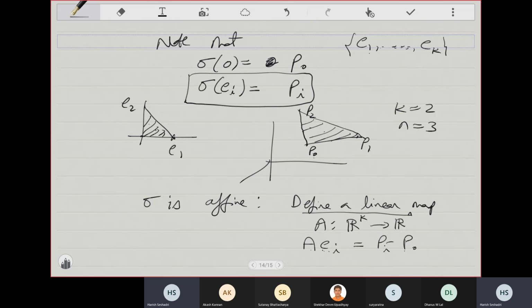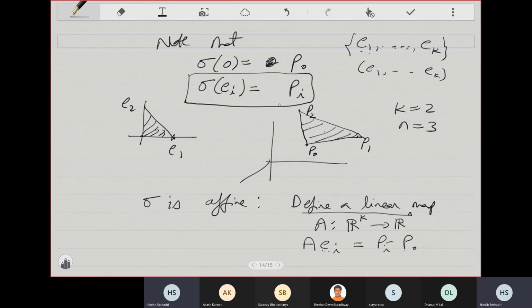Positively oriented is the technical term. You take the basis as an ordered basis, not just as a set, so as an ordered tuple. If you take this as the reference,